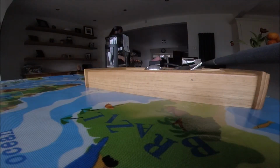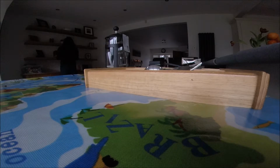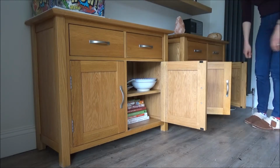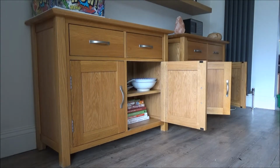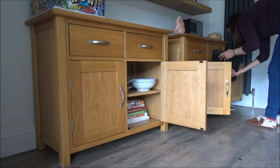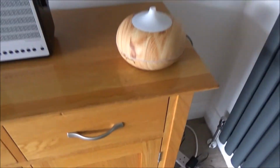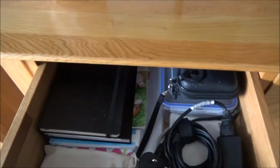So once all of the books are back, I then have room to put the computer and Howard's toolboxes on two separate shelves. These used to live on one shelf, but thanks to being able to move things around, they can now live on separate shelves. So that's everything back in the cupboards, and I've put all of the items back in the drawers that I want to live here. Finally, everything has a home, and I've been able to use my Method cleaner again,